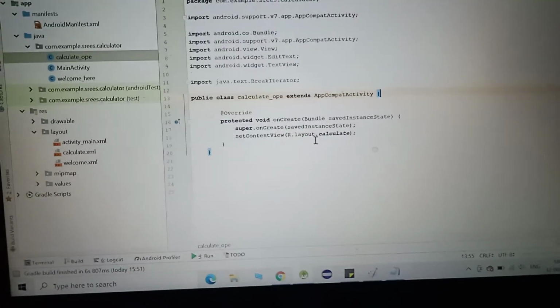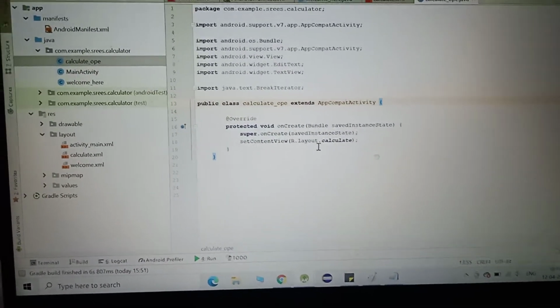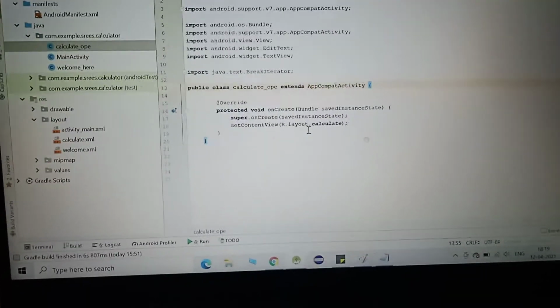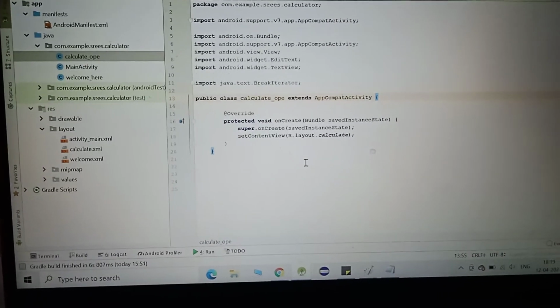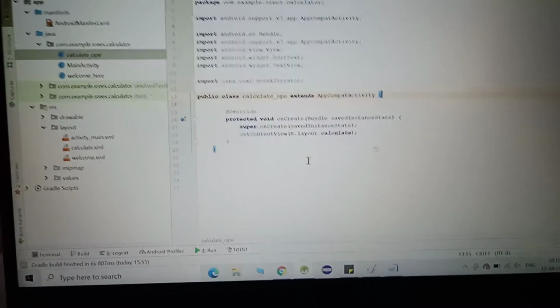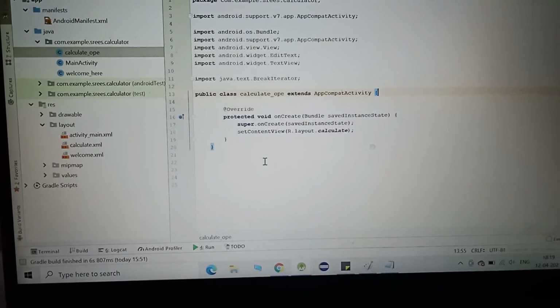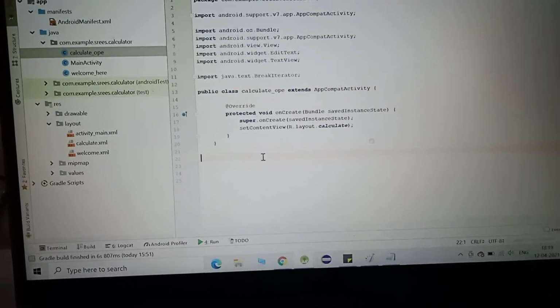So r.layout: from which front end, from which layout we are extracting, from the calculate. According to the inputs from the calculate XML file, we'll do the following functions as we write down here below.